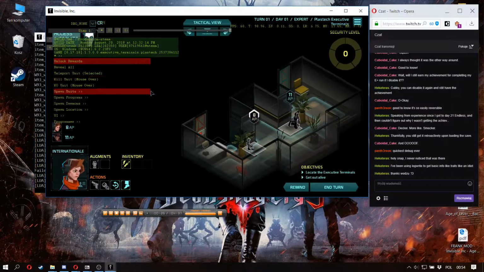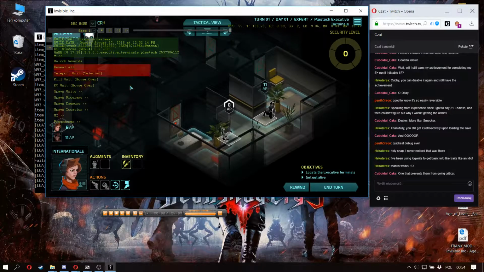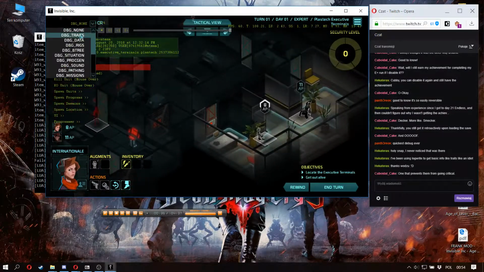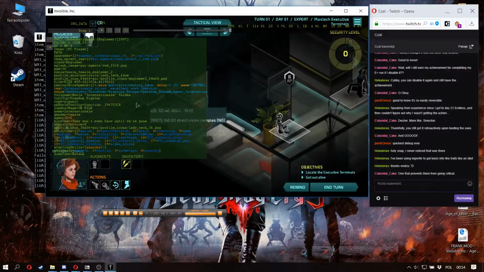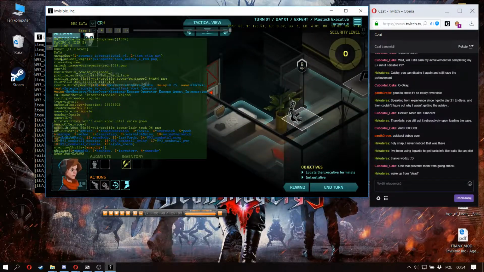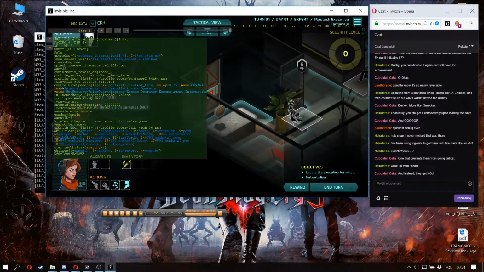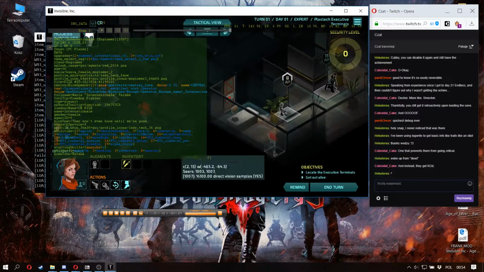Okay, so we have a little moment. So let's actually show what's in this debug menu here. So we have the debug traits. We also have debug data, that will show us more generalized information of a unit. So, for example, this is our data for our agent, for the International. So we have some starting skills, we have some abilities, we have some skills, and this is basically the template